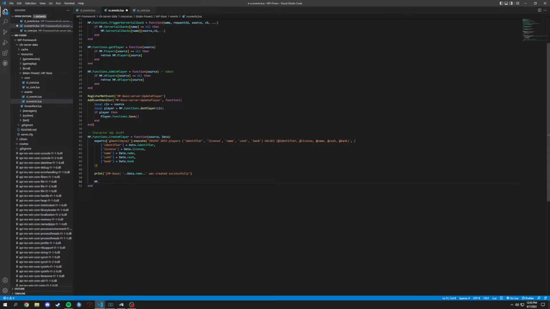And then after here, we're going to have a mp.functions one more time, which is going to be loadPlayer. And we're going to have a source off that, as well as the data that's getting passed through. Now, this one is a lot bigger, and let me check on the time. We're running 10 minutes. We're not even halfway done. So this one I'm going to sort of speed run a little bit more. mp.functions.loadPlayer. Obviously, it's going to be a function, and we're going to pass source. We're going to get player data, so we're going to pass pData, and we're going to pass a CID, which is going to be correlated to